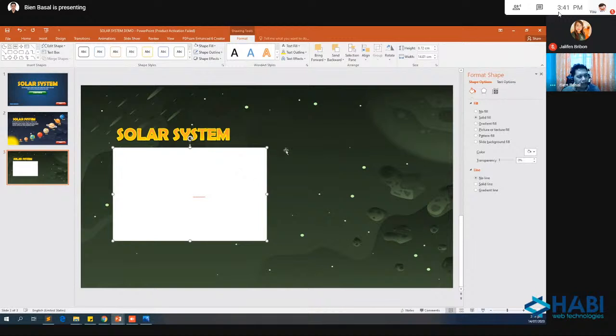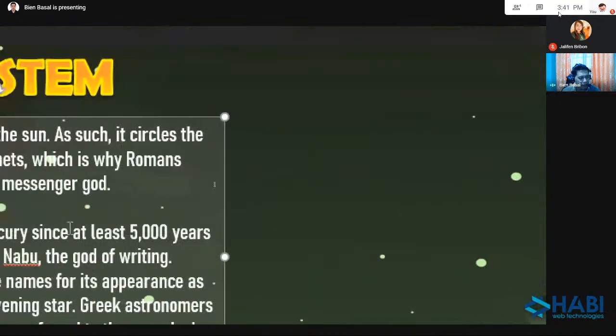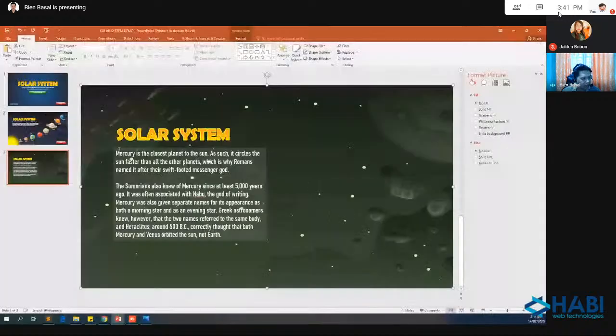I want my students to focus on the text and the image later. So what you can do here is after applying white, you can adjust the transparency here. Set the transparency maybe 90%. Okay, that's the output. We have here a nice container, light color, not too loud, not too bright, and we have the text inside.